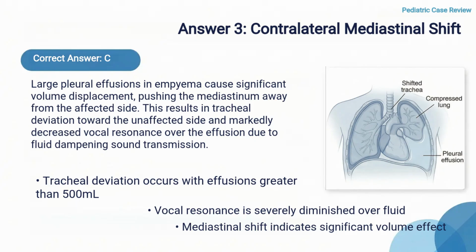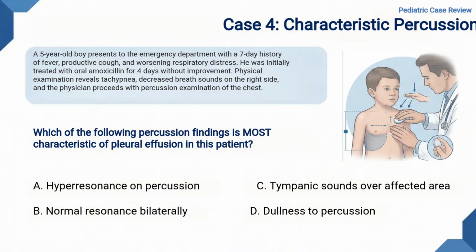This is distinct from pneumothorax, where the trachea also deviates away from the affected side, but percussion yields hyperresonance rather than dullness. Case 4. A 5-year-old boy presents to the emergency department with a 7-day history of fever, productive cough,